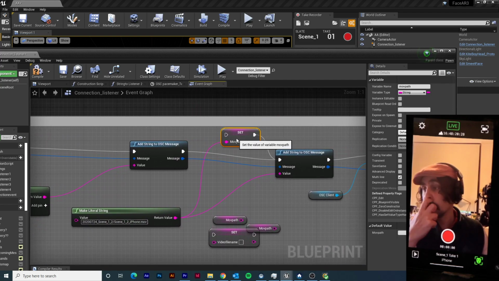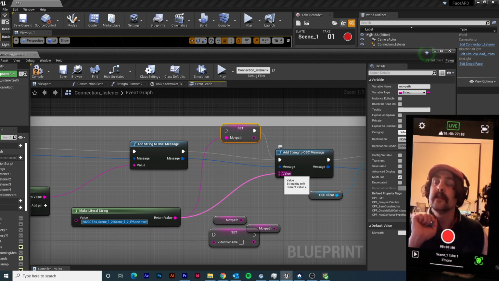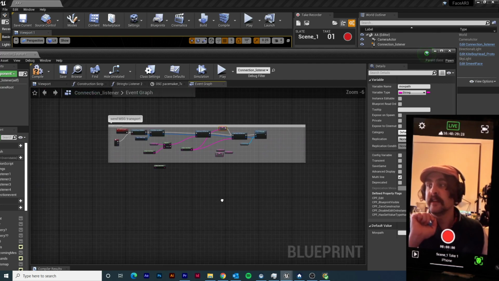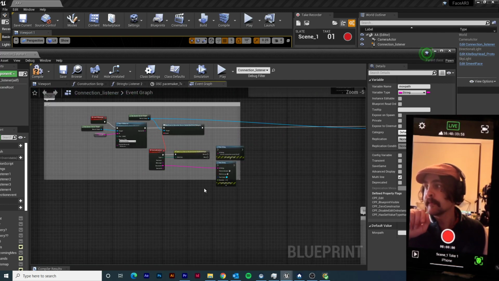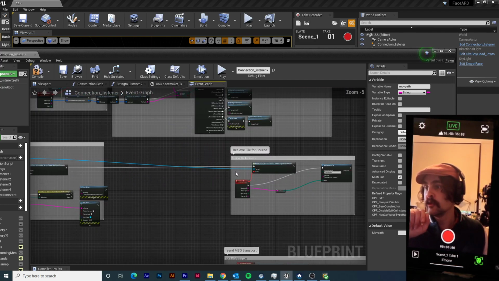You find what you want. Now, I haven't quite worked out how to do it other than a string. This works for me at the moment. Then you plug that value in as a string, and you send it. I'll come back to why and what and where later. But let's just go to,